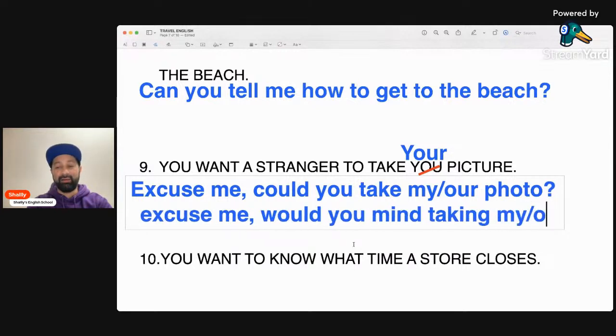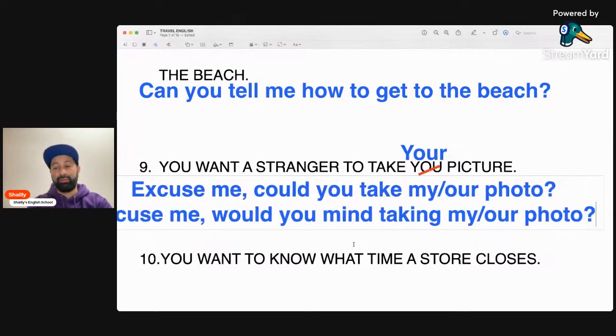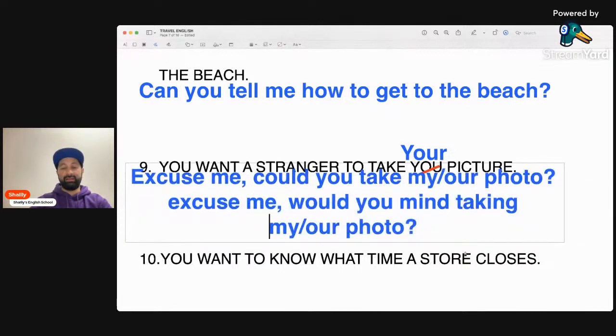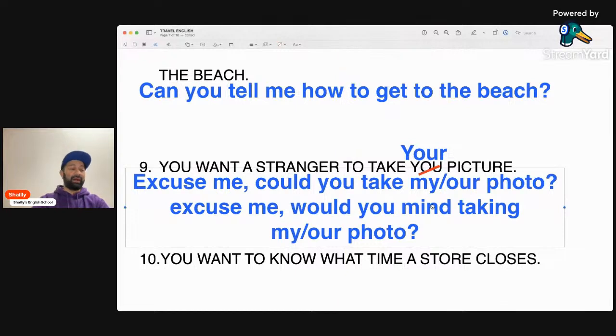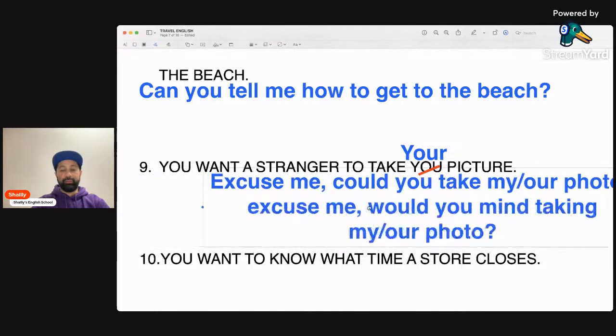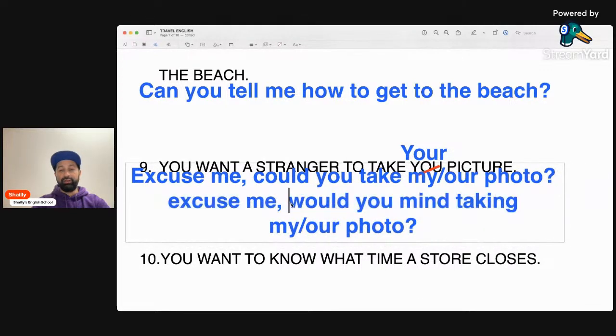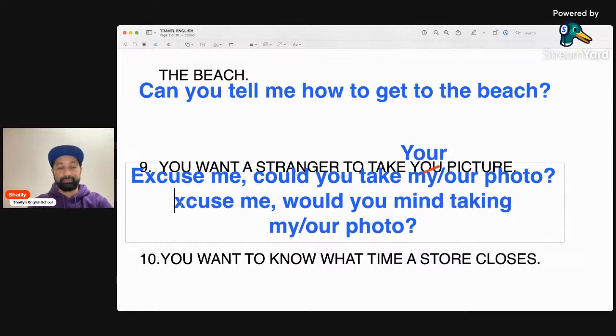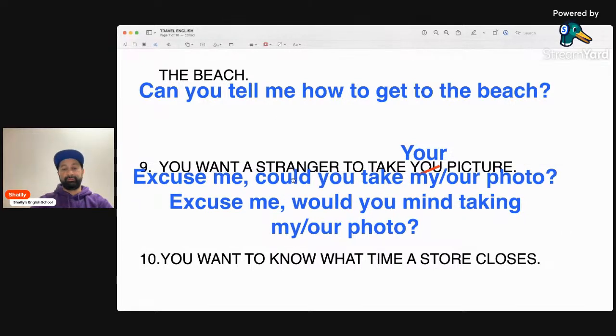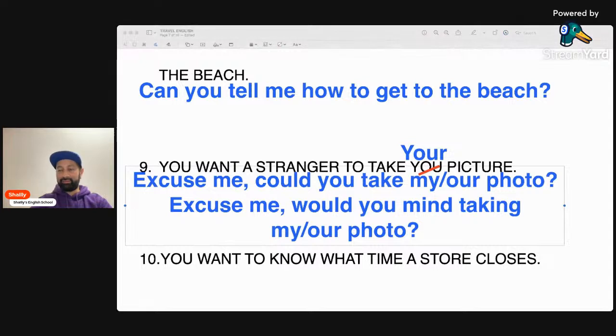Would you mind taking my or our photo? Now, remember, after we have would you mind, we must use ing. Would you mind taking our photo?